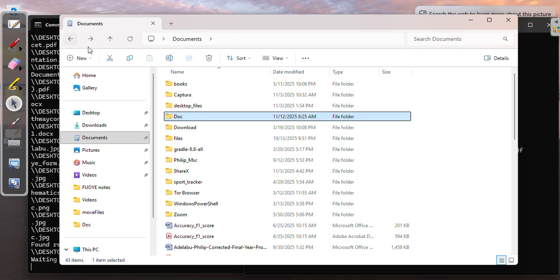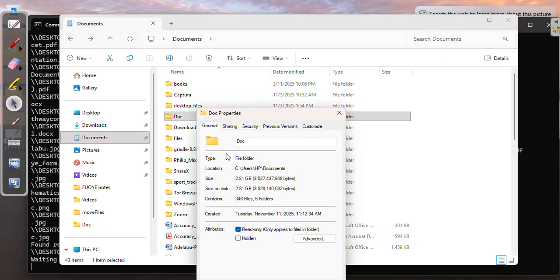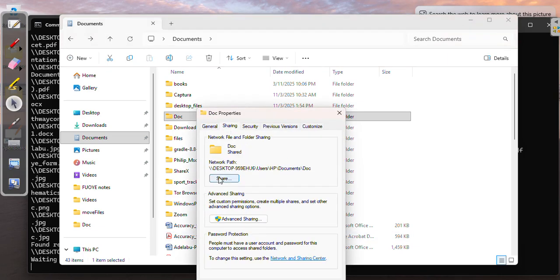I need to first and foremost share the folder to make it a kind of remote folder by going through the properties. Now, if I go to properties, I come to sharing. So it is here that I share. It's already shared. That's why I have this one. This one is a link, or the remote path, through which the server can make it easy to look for